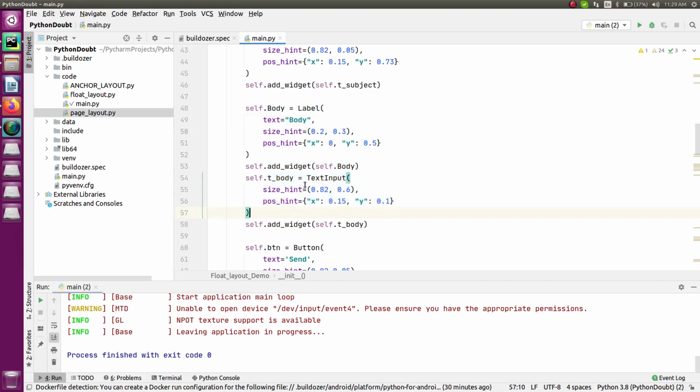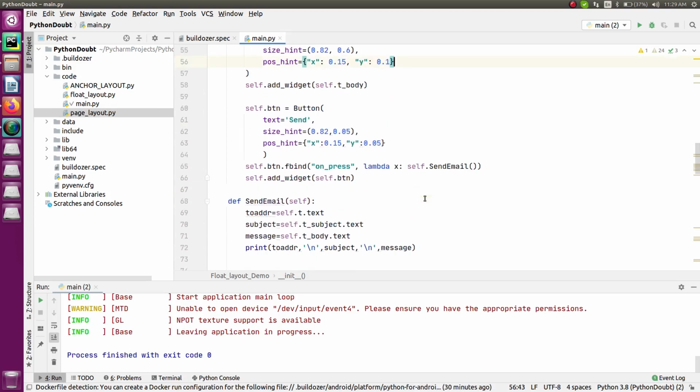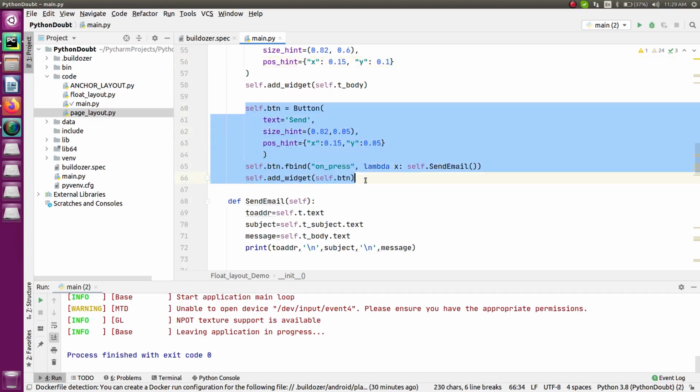And just because the size of the text input should be bigger, that's why I've changed the position and the size of my widget. So this is what I have done, and accordingly I have changed the position as well. And at last, what I have to do is add a button which will be used to